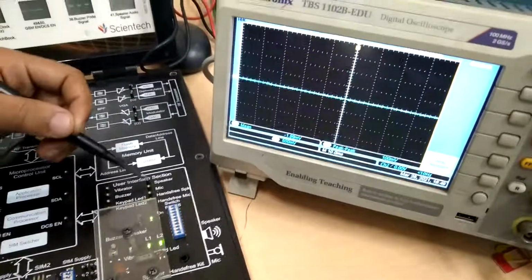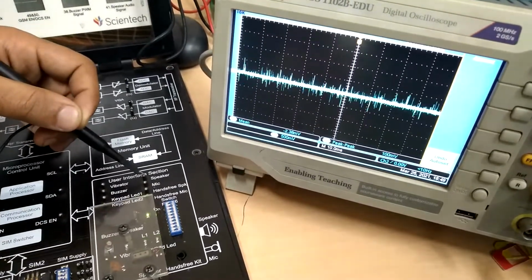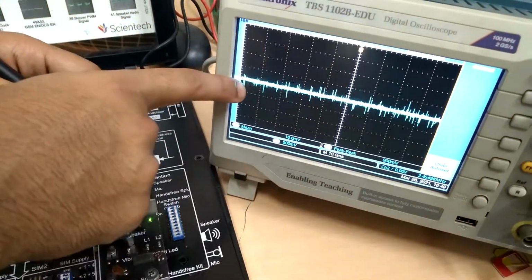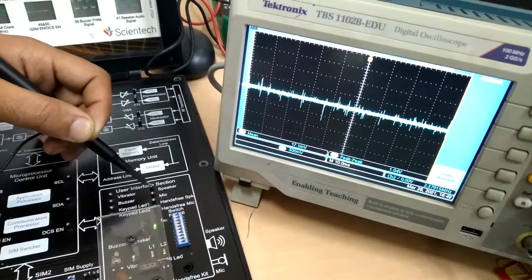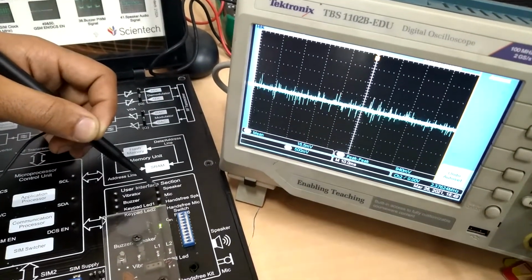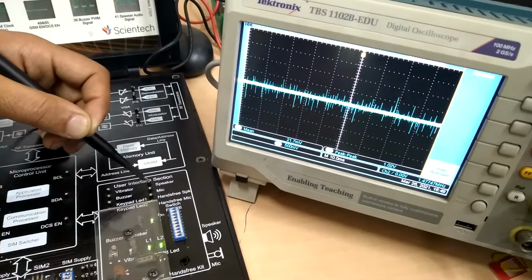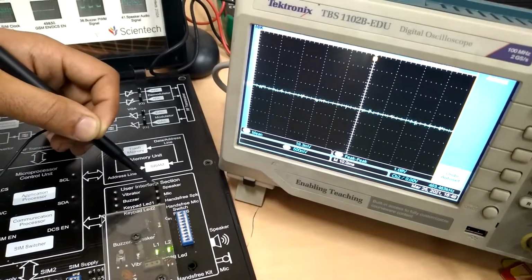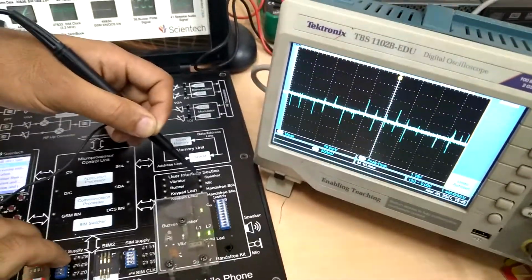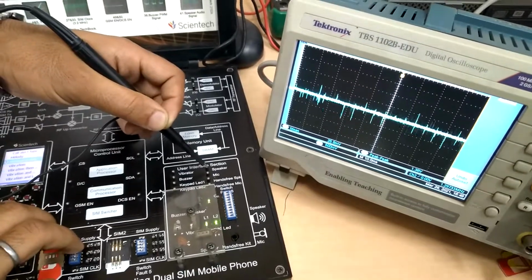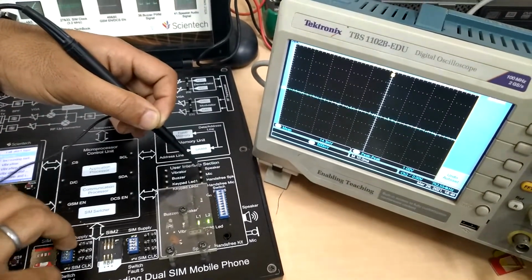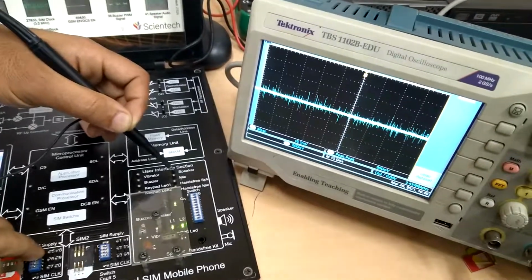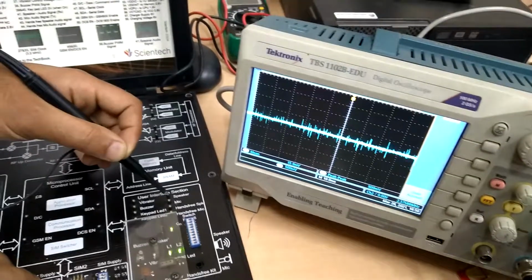So I need to connect here. So you can see here some vibration, some signal is coming, noise. So this is a speaker signal. You can see here.